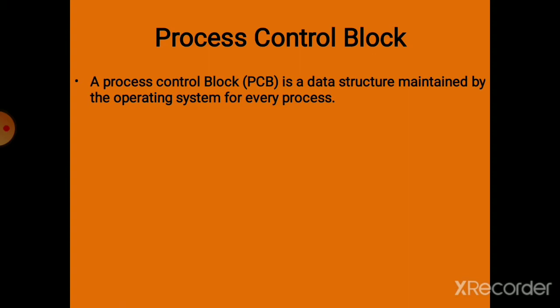Already we have discussed what a process is, isn't it? So what is a process? See, if we write a computer program in a text file, when we execute this program, it becomes a process, which is present in the main memory. Once a program is loaded into memory, it becomes a process.